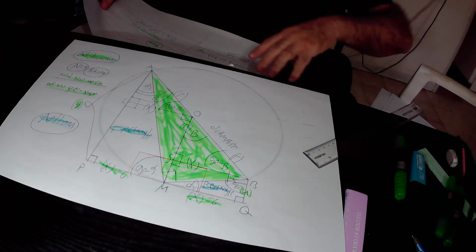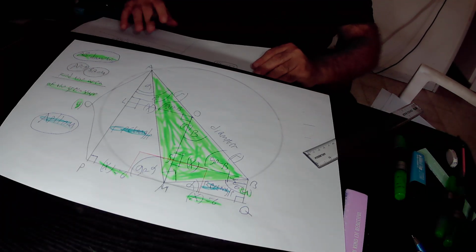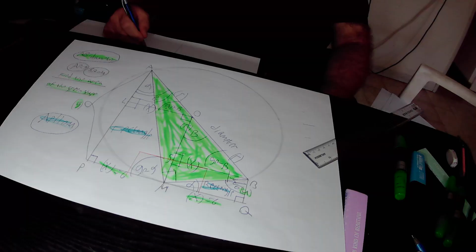BM is the missing side, so here it is BM squared